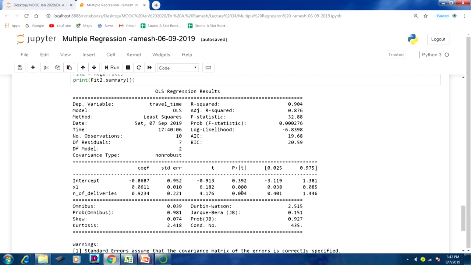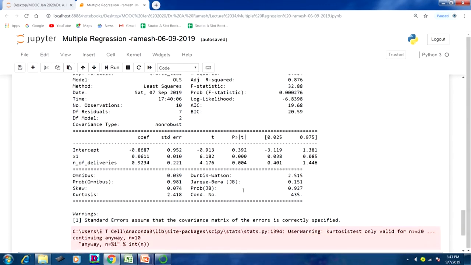The meaning of dropping is that with the help of sample data, we can write a regression equation by considering all independent variables, but that cannot be generalized at the population level, because certain variables may not be significant at the population level. How to know that the variable is not significant? You have to look at the p value. If the p value is more than 0.05, we have to accept the null hypothesis. When we accept the null hypothesis, that means beta 1 equal to 0, that means there is no relation between that independent variable and the population.